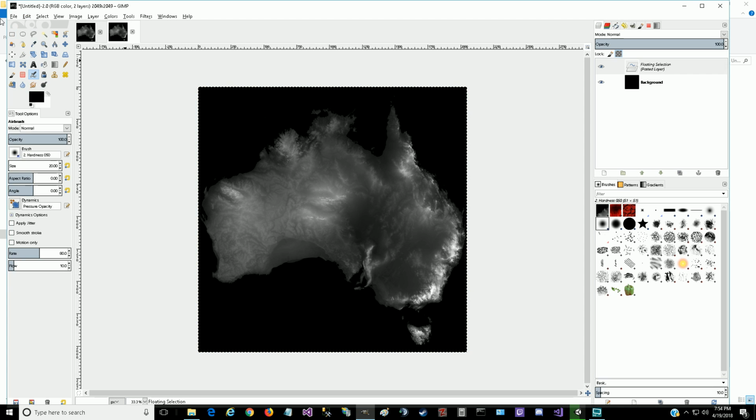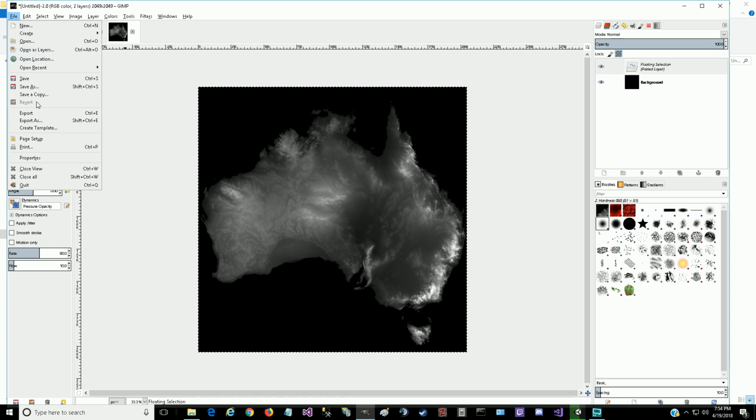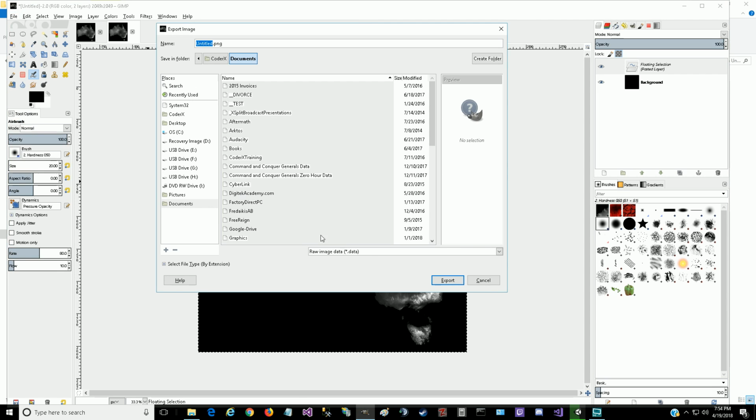That's all you would do. And then once you do that, you go to File, then Export As, and choose the raw image data. Give it a name, make sure it's got the .data file extension, and put it in a folder where you're going to be able to find it. Now once you export it,